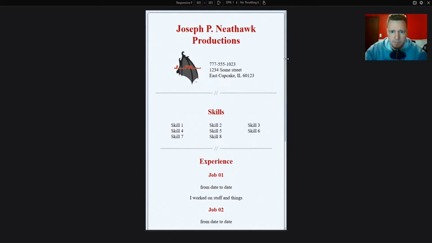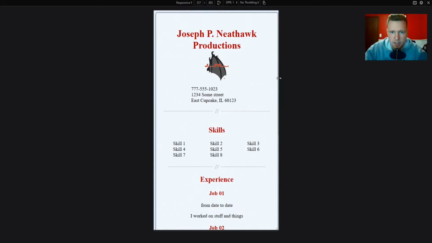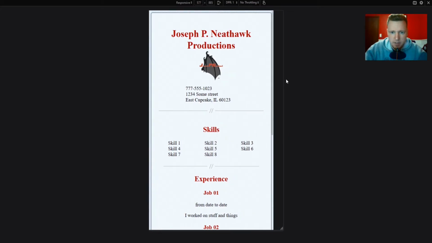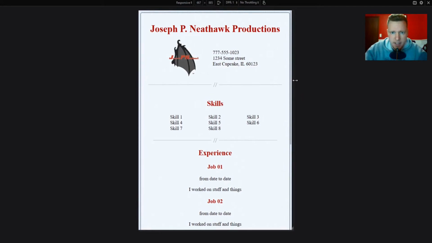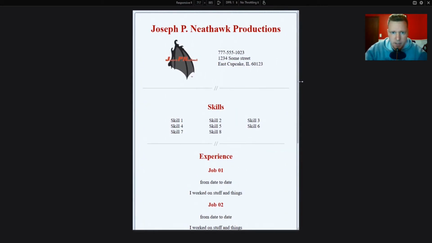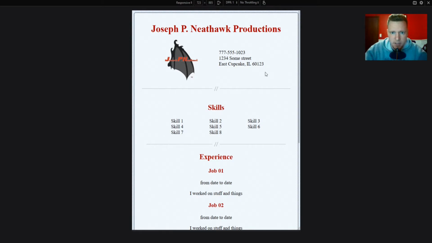Oops, I went too far. So name is still centered. These are now centered side by side where they were one above the other. So they go side by side. And then as this grows to above 700,